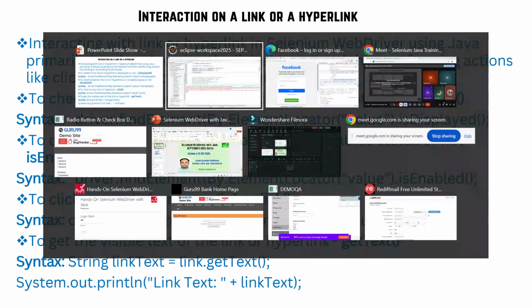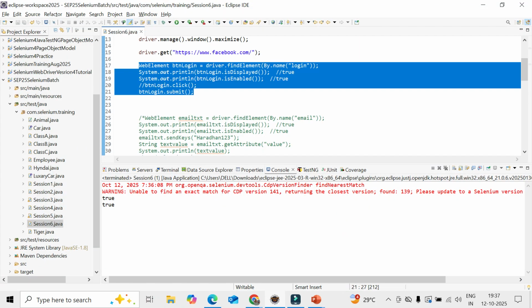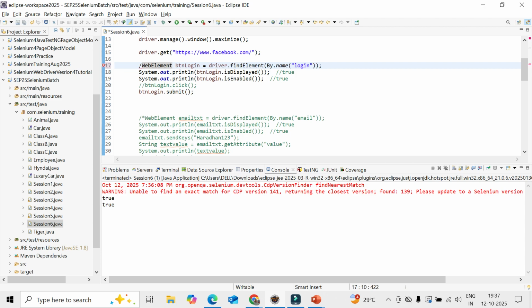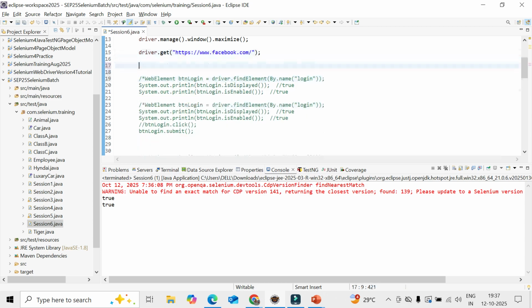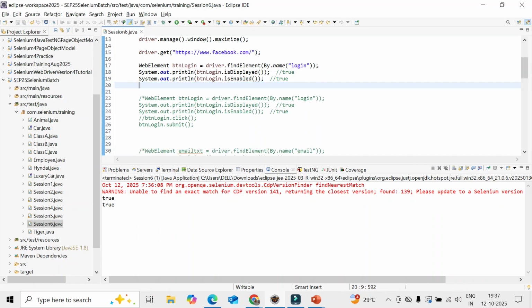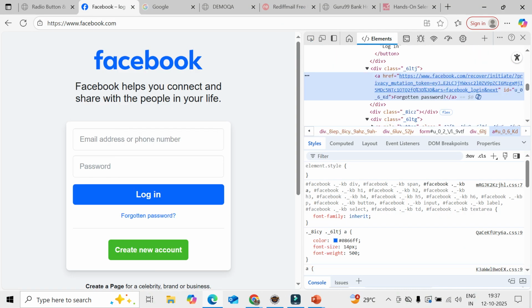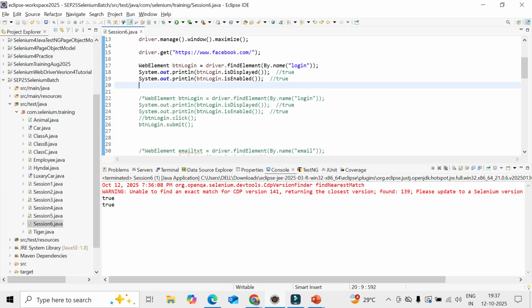Now let's see any link here. Let's comment out. Okay, say this is a link, right? Forgotten password. You could see the forgotten password text is available. So what we can do, we can use that whole text with the help of link text, or you can use the partial part, and we can call the partial link text element locator strategy. So